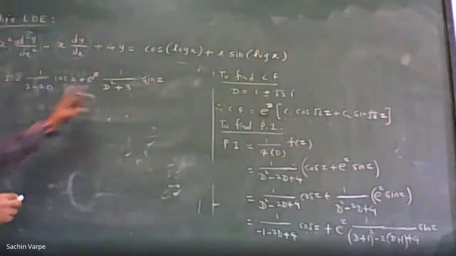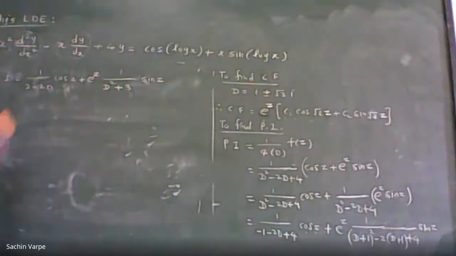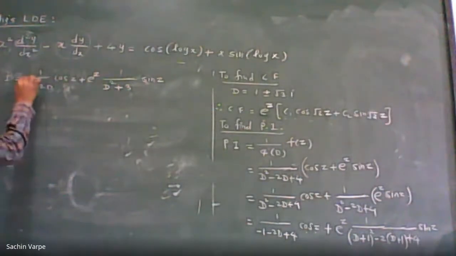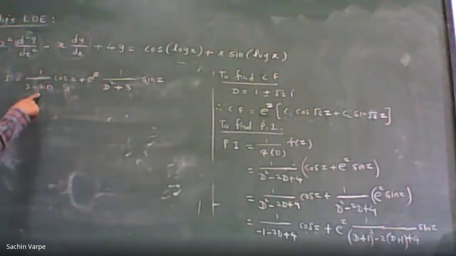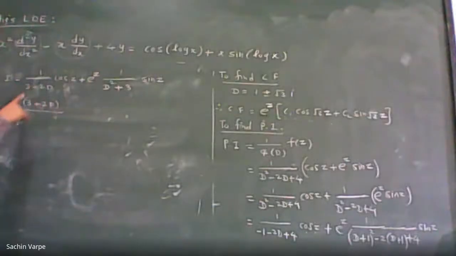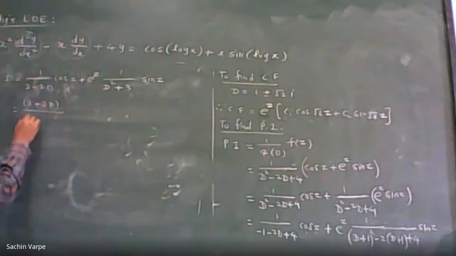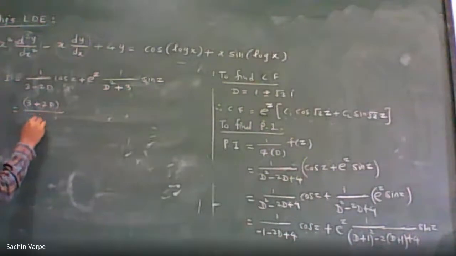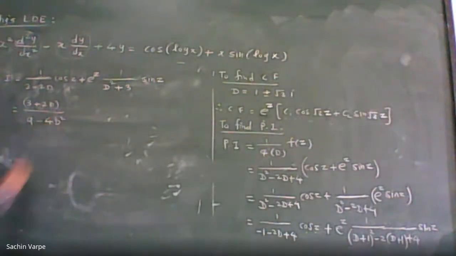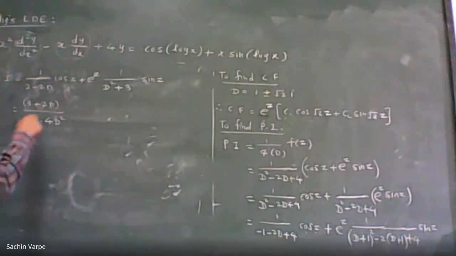All right, so again, D term is there in both the terms. So to get D square here, let us rationalize the denominator. To rationalize, we have to multiply and divide by what? By 3 plus 2D. So 3 plus 2D upon 3 plus 2D into 3 minus 2D, a square minus b square. So I'm directly writing this. Please ask if any doubt in this term. 9 minus 4D square. Is it okay?